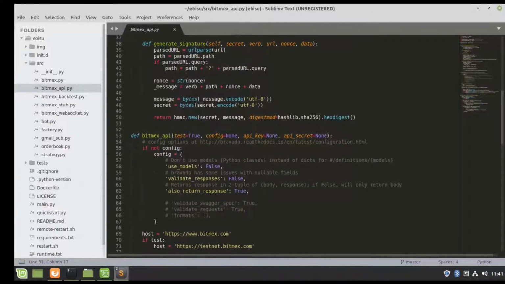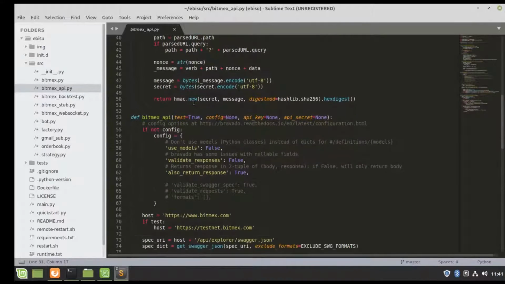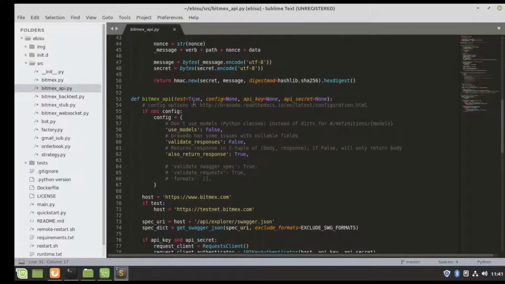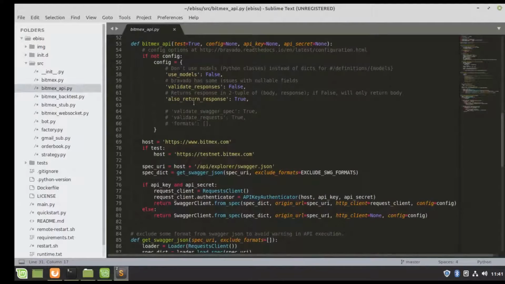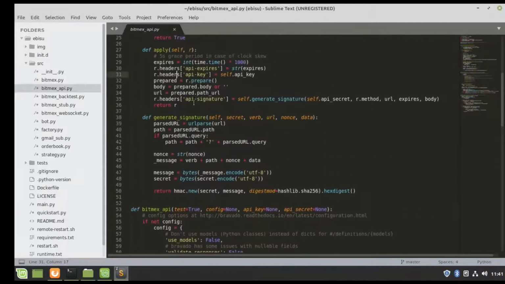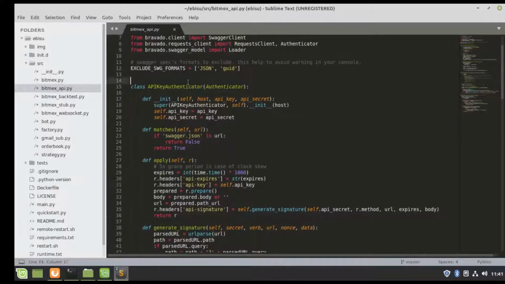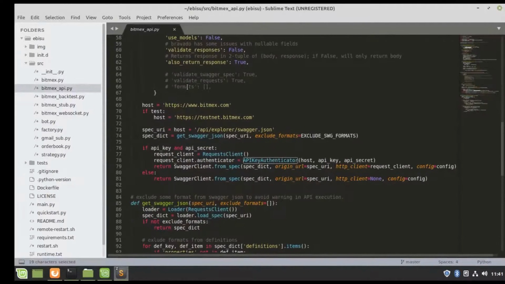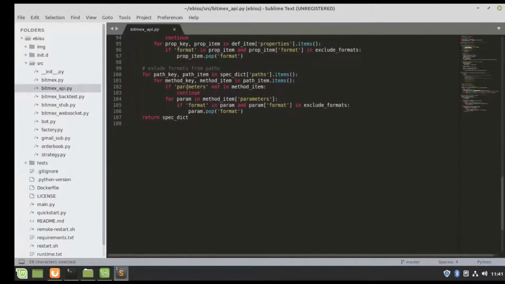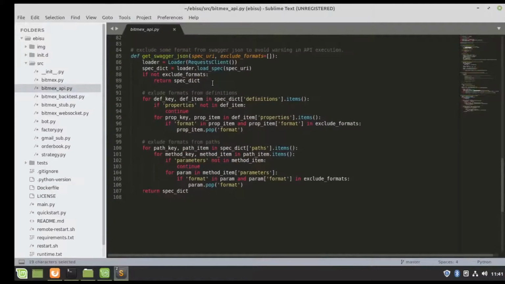So what else do we have? Use models. If not config. If test. So here's building the API request. Requests client. API key authenticator is one of these guys. It's right here. It's this class. So it goes through all these functions to build our authentication, which we can super do on Deribit. So really all we need to do is replace the contents of this file, but then every single request